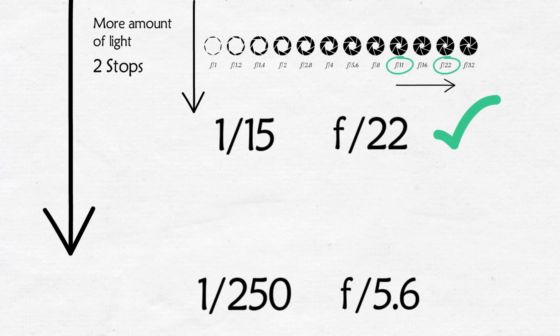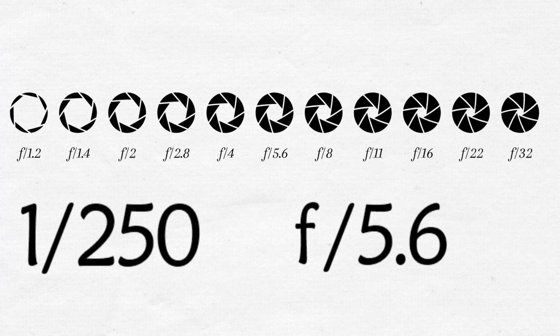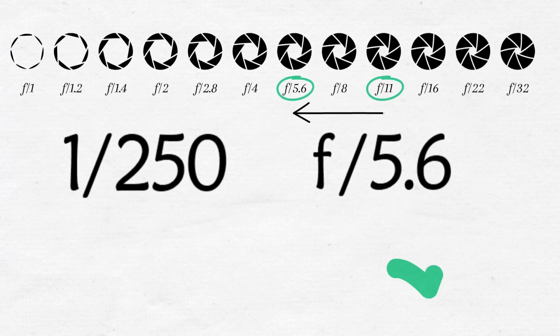Now, from 1/60 I am moving to 1/250th. I am cutting out light this time. I am cutting out light to the shutter speed by how many stops? 1/60, 1/125 and then 1/250, 2 stops. So, I have to open up my aperture 2 stops. I have to compensate for it. So, from f11, the next bigger opening is f8 and then one more stop would be f5.6. So, f5.6, 1/250th and f5.6 will be my right answer.